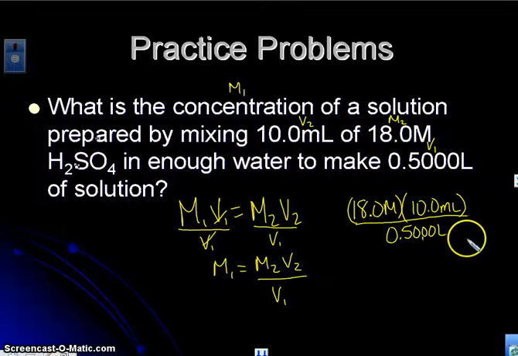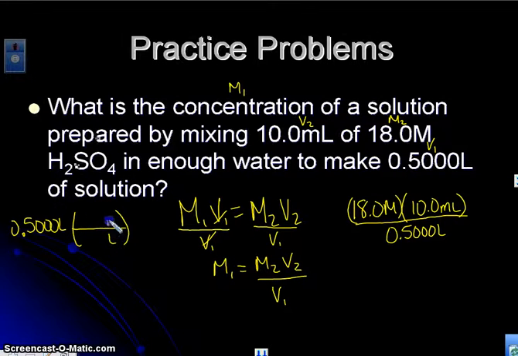So in this case, we are going to have to convert either the milliliters to liters or the liters to milliliters, whichever one is easiest for you. If you can do that in your head, that's fine. If not, go ahead and work it out with dimensional analysis. Let's convert our volume on the bottom, the 0.5000 liters, to milliliters. We want liters on the bottom, milliliters on the top. Remember that our scientific notation goes with our base unit, the one without the prefix, so it goes on the bottom. And that gives us 500.0